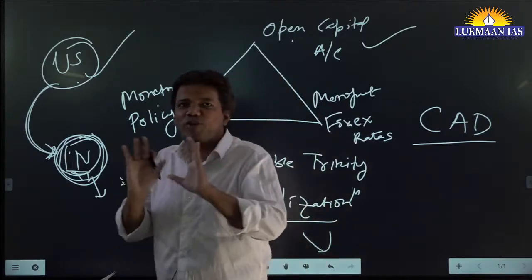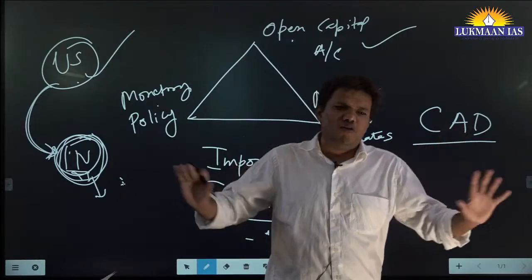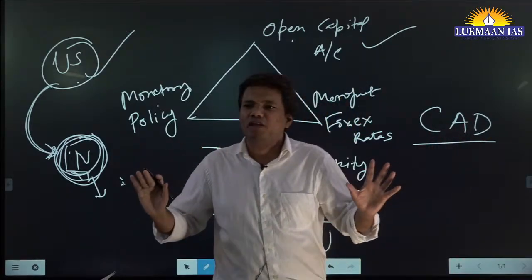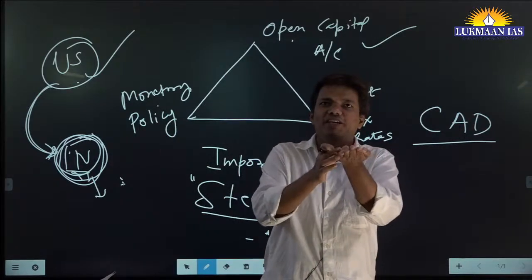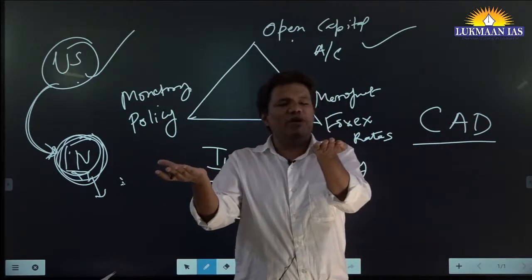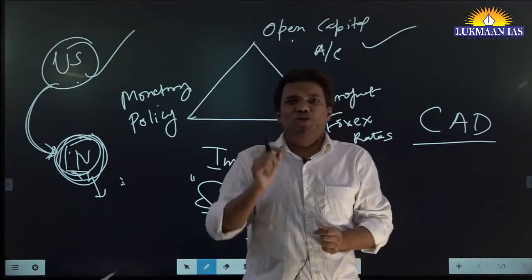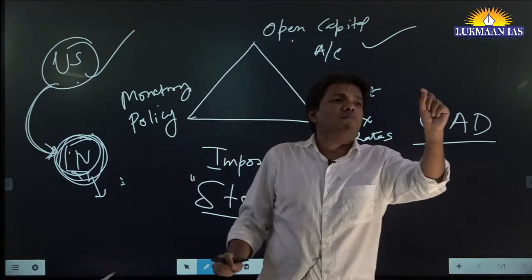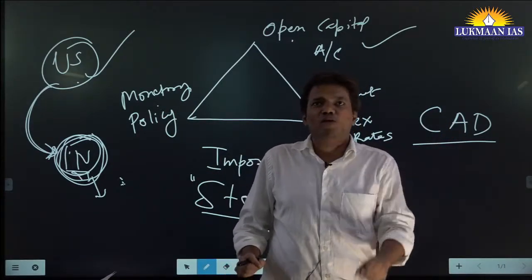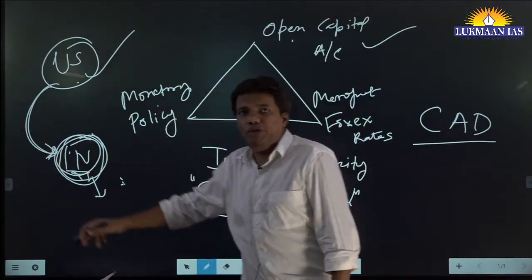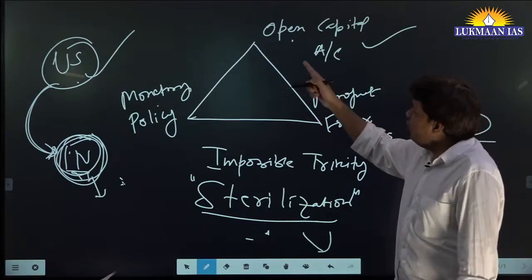See, economics is not so simple. When you have read lots of management, finance and economics, sometimes you feel, let's say you study literature, you study a story, right? And you study economics, it becomes the same at one particular level. But if some link is missing in the story, let's say somebody told you a story, but some particular paragraph or link was missing, you will say, no, the story is not convincing. So try to always have a convincing story. So you got it? So why these OMO operations, sterilization?